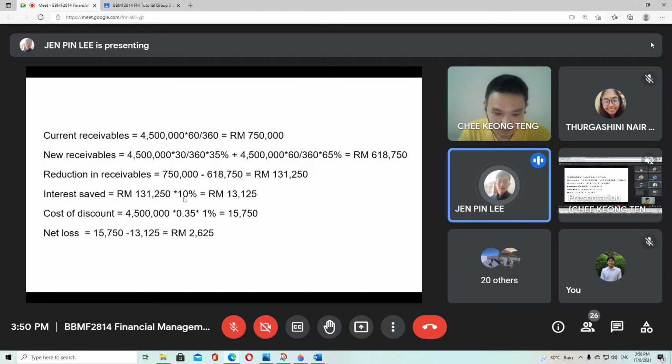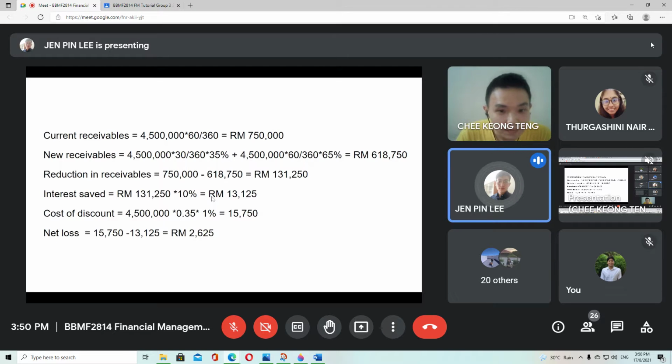This is the amount we actually received from the discount given, and from this amount we will be saving 10% of the interest, because after we receive this amount we don't have to borrow from the overdraft. So we will save 10% from this amount. So we use this amount multiplied by 10%, and we will get 13,000, which is the amount saved because of